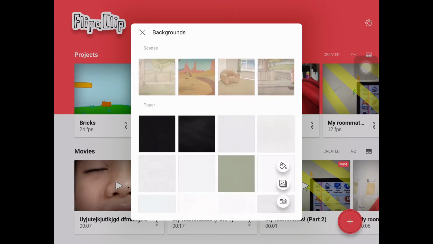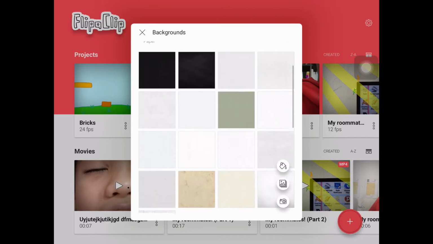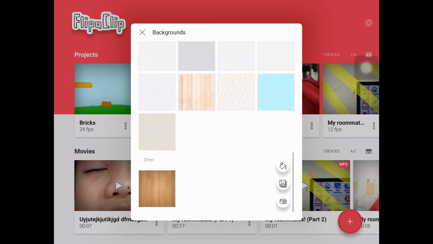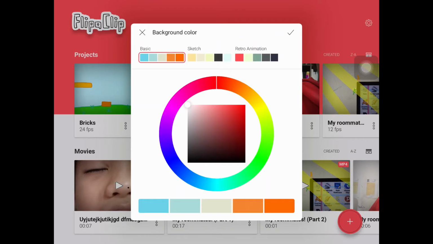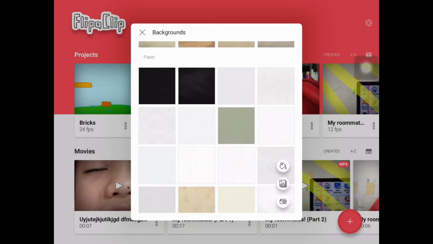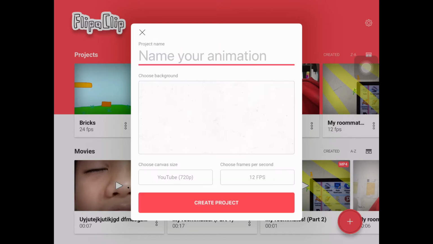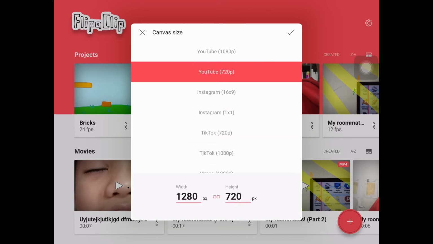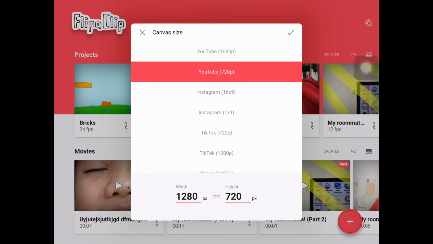You can choose a background. You can choose any big scenes that they have, or some paper, patterns, others, or solids. Here, you can choose a solid, or you can choose from your photo library, or even capture it right now. For now, I would like to choose the default ones right here, and you can change the canvas size. I like to choose YouTube 1080p, but that's a little large. But for standard, let's just choose YouTube